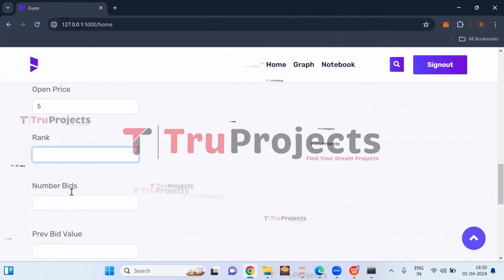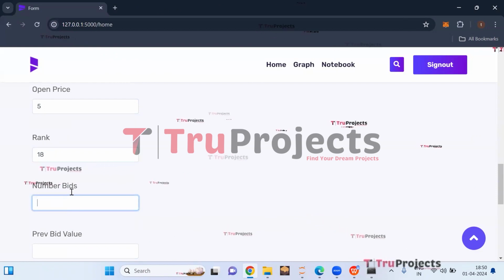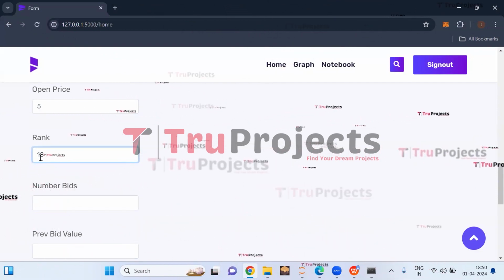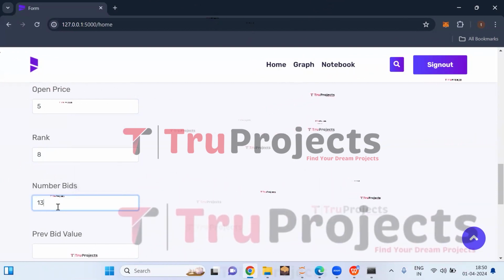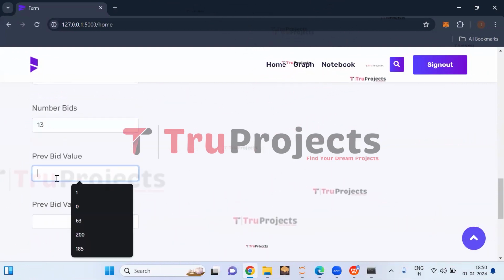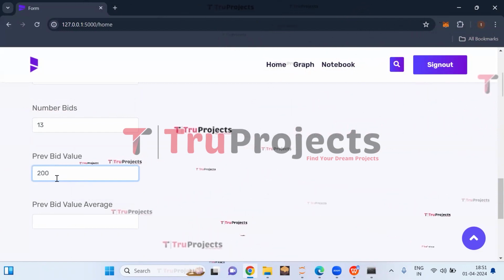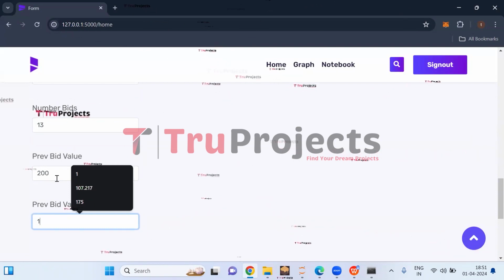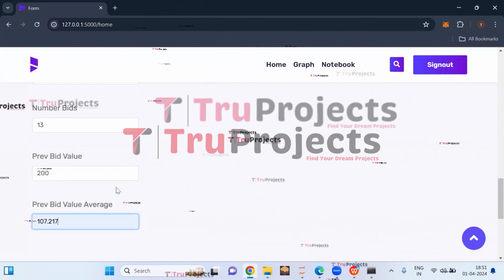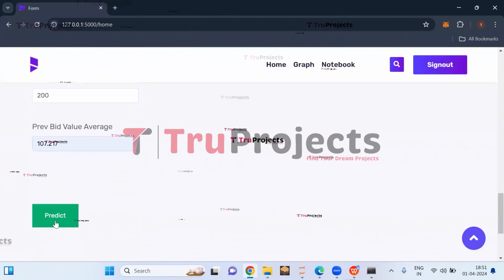Rank is 8. Number of bids is 13. Previous bid value is 200. Previous bid value average is 107.217. Now click on predict button.